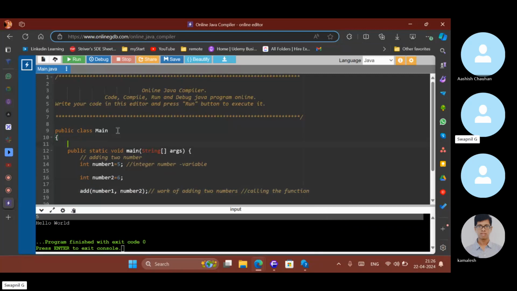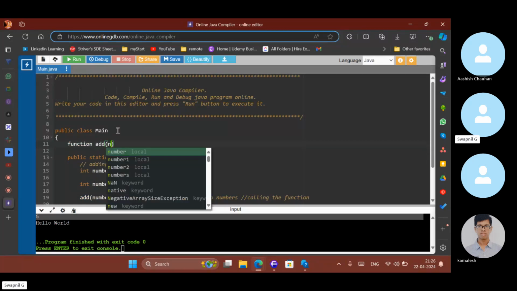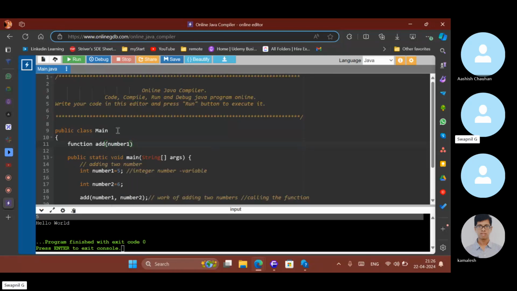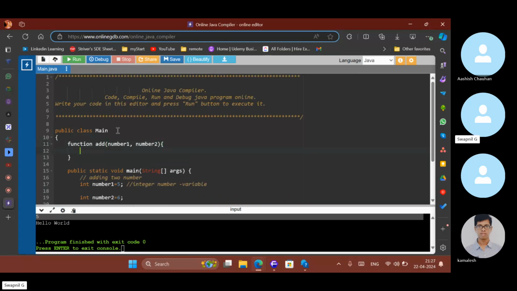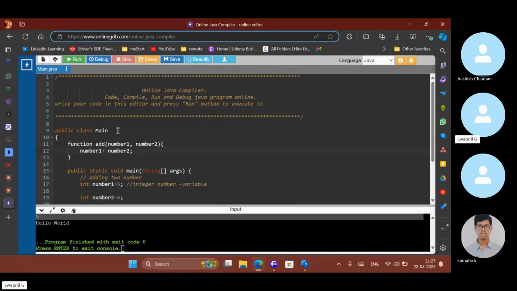In JavaScript, we write the function keyword, add. What are we adding? Number one and number two. And what is the logic here? Inside the function, you will add the logic. What is the logic? Number one plus number two. Is this part clear to everyone? What is happening over here?